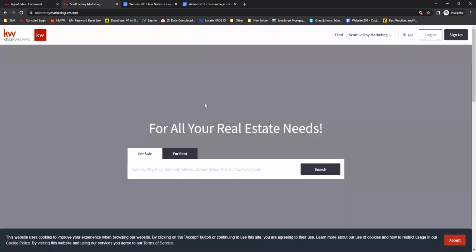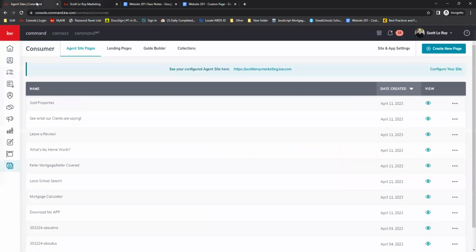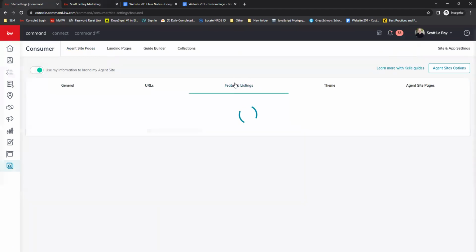The last thing I will go over today is featured listings here. You do have the option to add up to 12 featured listings on your website. So if we go back to our command, if we go to site and app settings in the right corner, and then the middle option, you'll see featured listings. If we click on that,